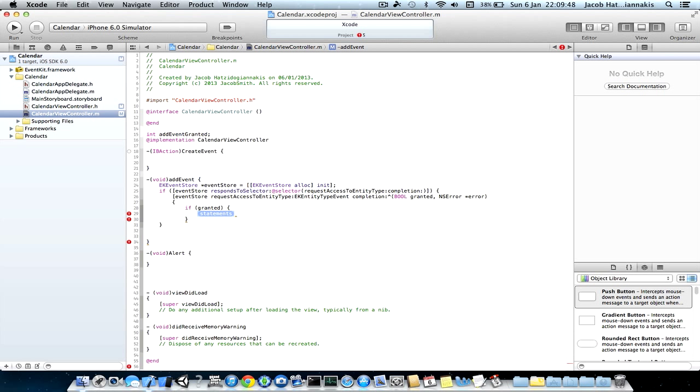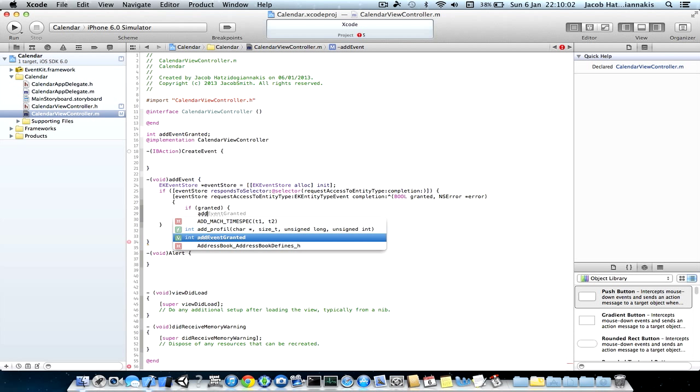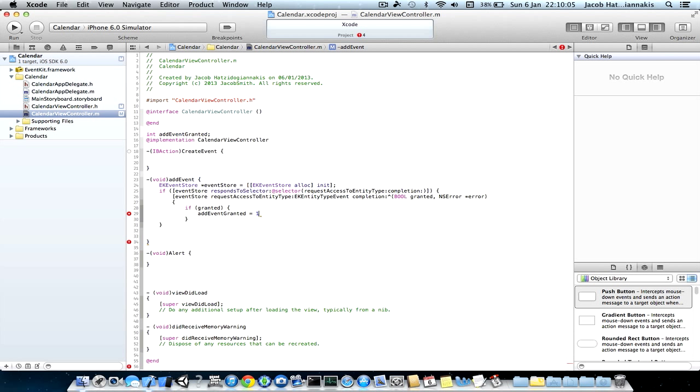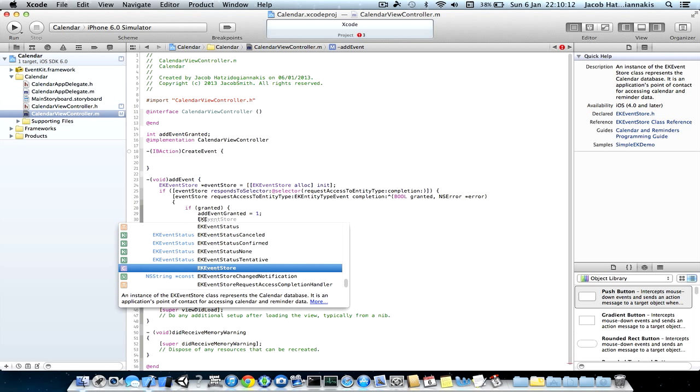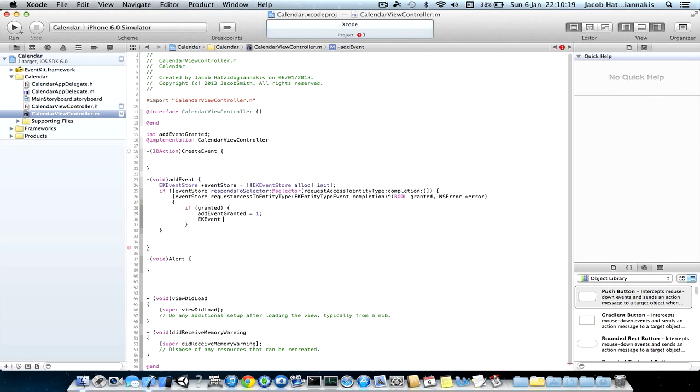One thing we need to do is declare our control, which is the integer, to be equal to something that we'll ask in the alert. So addEvent equal 1 semicolon, EKEvent, sorry, space asterisk, let's call it event,